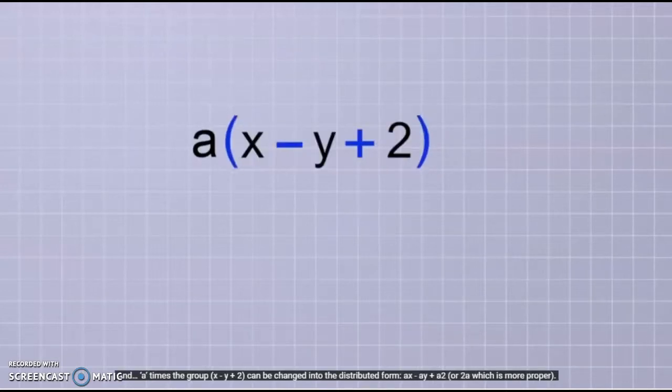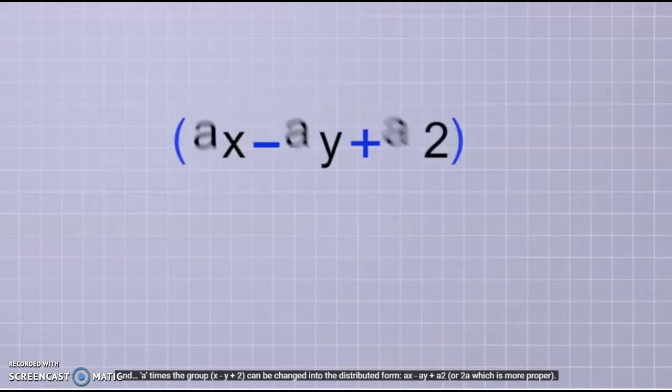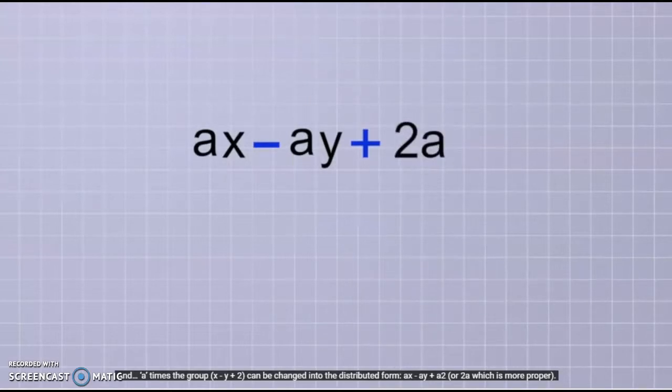And a times the group x minus y plus 2 can be changed into the distributive form ax minus ay plus a2, or 2a, which is more proper. So whether you're dealing with numbers